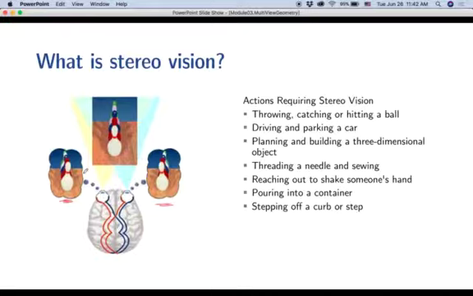Because this distance is only 7 centimeters, there is only a certain depth in the world that you can perceive in stereo. Beyond that, the two images look practically identical. This distance is about an arm's length or a little bit longer than that. Beyond that, your stereo doesn't work. So if I can perceive depth of objects far away, that's because of some other cue than stereo. So stereo comes into play for humans